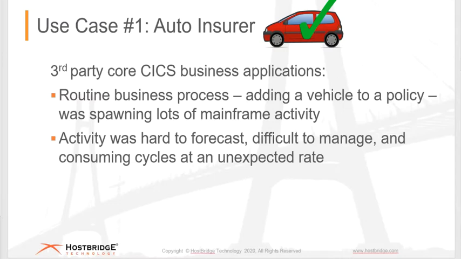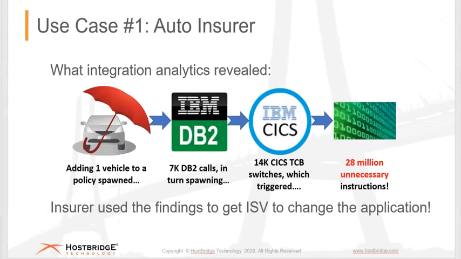And that activity was, first of all, kind of hard to figure out what exactly the user was doing and how it correlated to the activity on the mainframe. And then it was also kind of hard to forecast, when were they really going to need more cycles? Because they just didn't have enough insight as to what was really going on. So we were able to, using some tools that we'll talk about later, look at a couple of things.